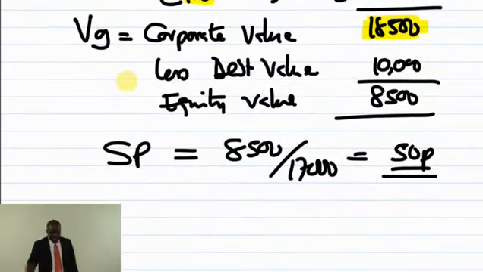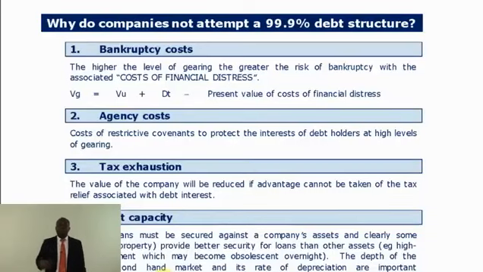So Miller and Modigliani is telling you, you have to borrow and borrow and borrow up to 99%. The argument here is, can a company borrow up to 99.9%? It is not possible, because the more you borrow, the more you are likely to go into liquidation. You might not be able to service the debt, and as such your company will be liquidated.